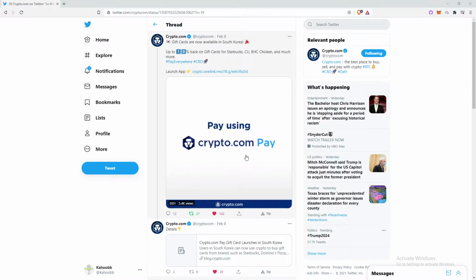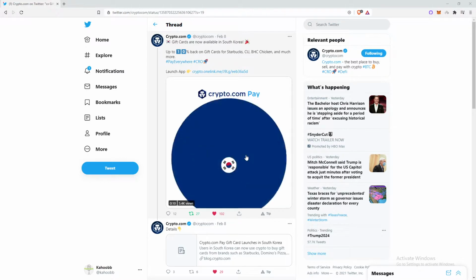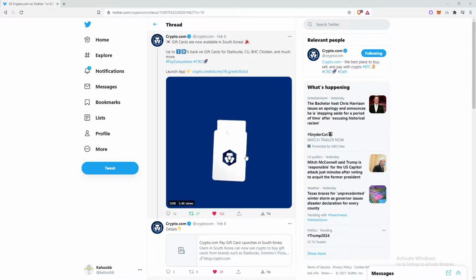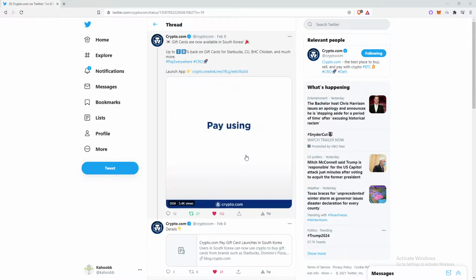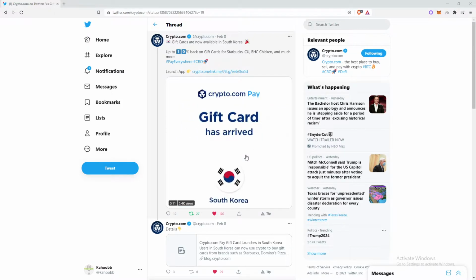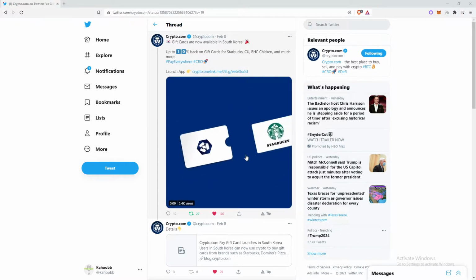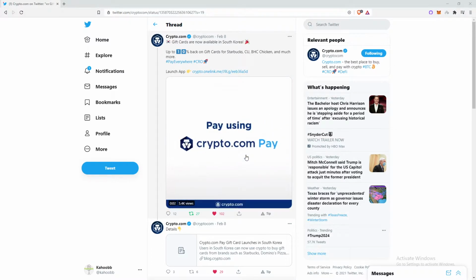And if you guys don't know where the gift cards are on Crypto.com, because it's kind of hard to even know that they have it or where it's at. So you're on the home menu when you log in, and in the top right, not the chat button, but there's one that says Pay. You click on that, and then on the top there'll be gift cards, airtime, scans, and send. Obviously, you click gift cards, and then you can click Shop Now on that, and then that gives you a whole list of different gift cards you can buy on the app with CRO, and then also it tells you